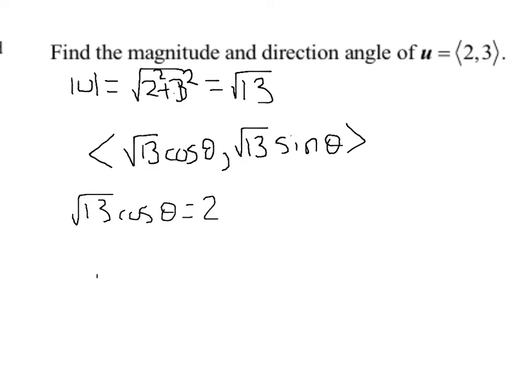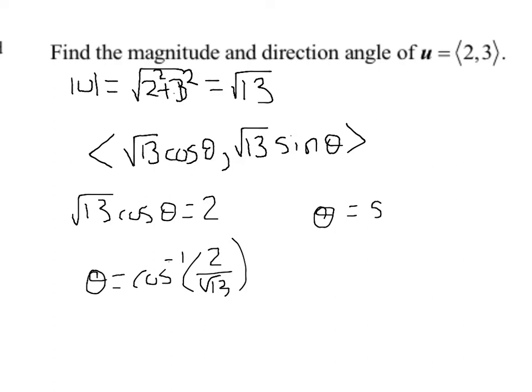So you would get theta equals the inverse cosine of 2 divided by the square root of 13. So you can hit that in your calculator, or theta equals the inverse sine of 3 divided by the square root of 13. Make sure your calculators are in degrees, but those will give you the exact same angle. So the magnitude is square root of 13, and the direction is